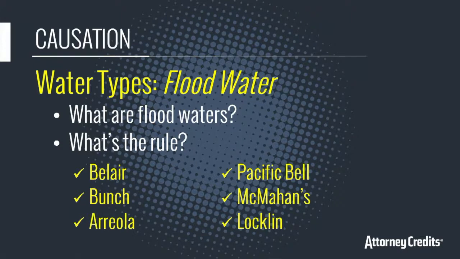So the court came in and said, look, we're not even getting into this unreasonableness. This is strict liability, boom, city, you're liable for inverse condemnation. Very similar case. This is McMahon's, I think, versus Santa Monica. Very similar. Water main broke, damaged the plaintiff's property. The city pipes were corroded, and the court seized on the fact that the city failed to replace the pipes, similar to what you saw in Pacific Bell, and said they're liable in inverse condemnation. Right? We don't even have to think about this unreasonableness standard. They're liable. I would say strict liability. So that's what you see in those two cases.